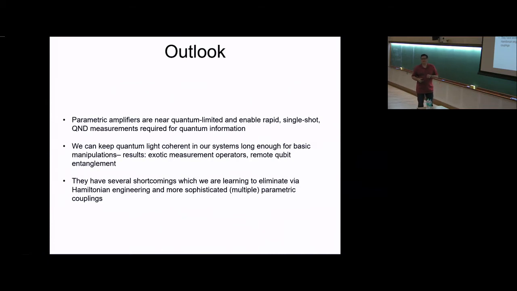We can keep quantum light coherent in the system almost long enough to do some of these more exciting things: exotic measurement operators, remote qubit entanglement. We're not quite there yet, but we're going to keep banging on the door. And to advertise my own talk, the scientific talk on Monday,